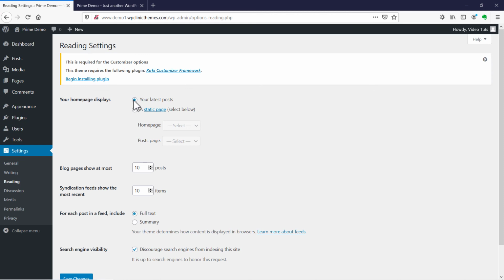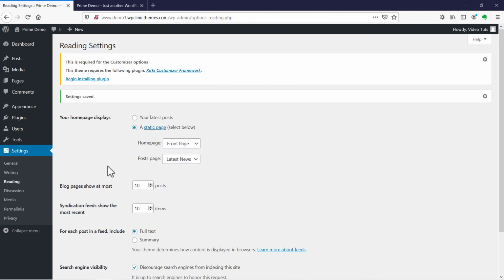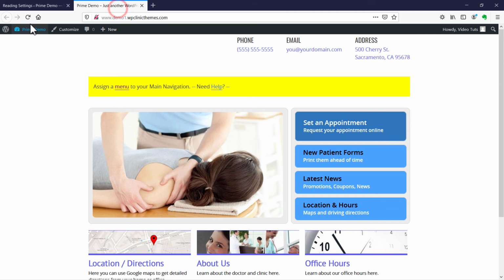And I'm going to go ahead and say your home page displays a static page. The home page is going to be front page. The post page is going to be latest news. Now I am telling WordPress how to use the theme. And then the next thing I need to do is see, if you go back in here and hit refresh,